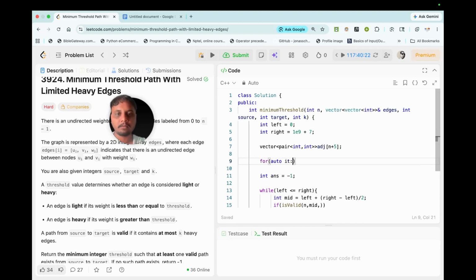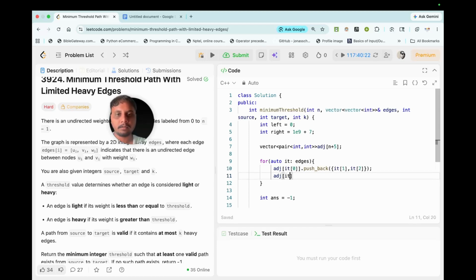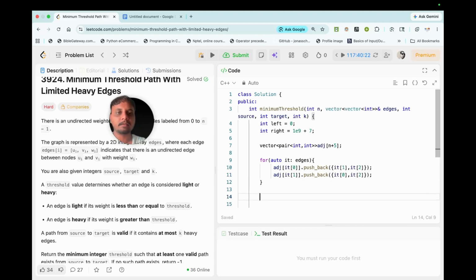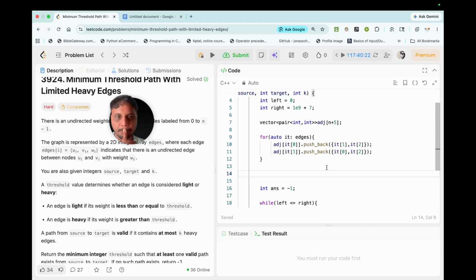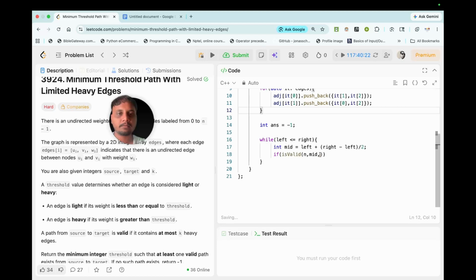For each of the edges, adj[it0].push_back(it1, it2), and adj[it1].push_back(it0, it2). Okay, like this. Done. The graph is made. And once we have the graph in place, we will have this n, mid,